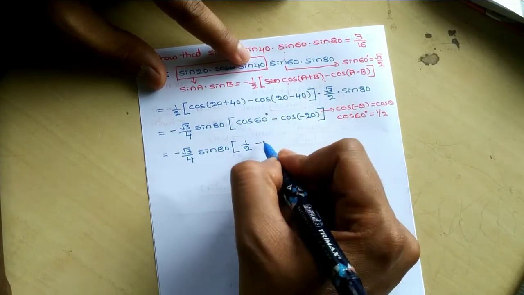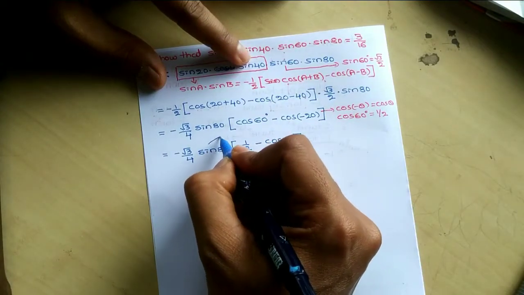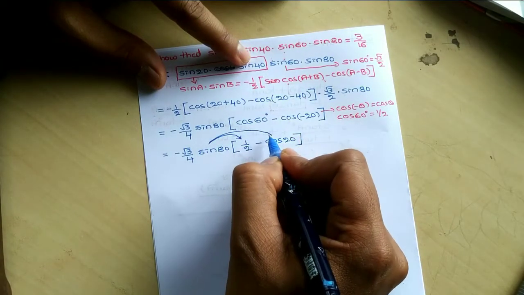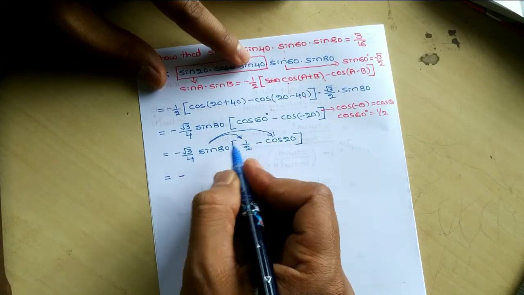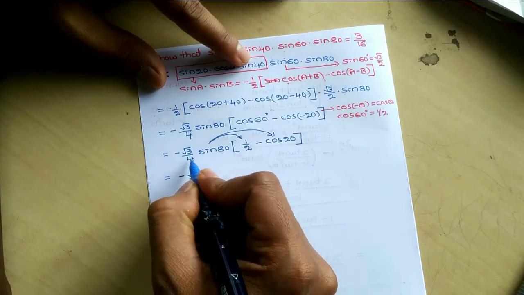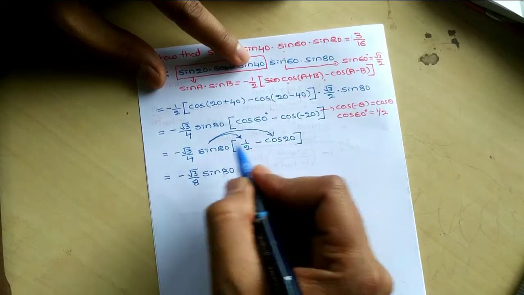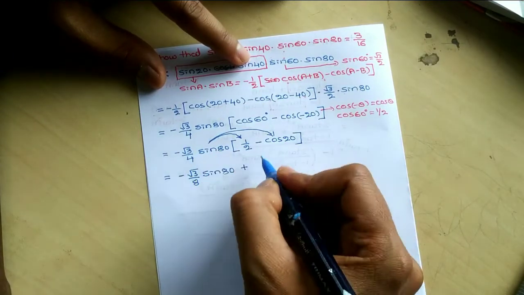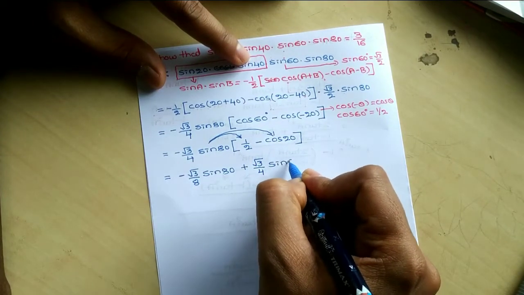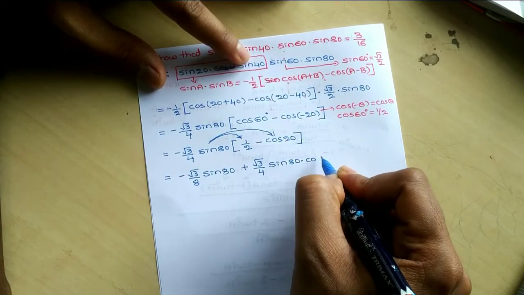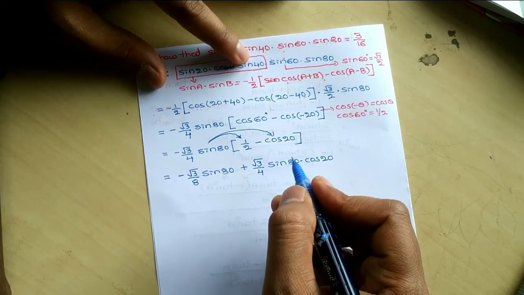minus cos of minus 20 becomes only cos 20. Next, open the bracket. So these two and these two multiply. So which is equals to minus root 3 into 1 is root 3 divided by 4 into 2 is 8 sin 80. Next, minus into minus is plus root 3 by 4, root 3 divided by 4 into sin 80 into cos 20. Sin 80 into what here? Cos 20. So next